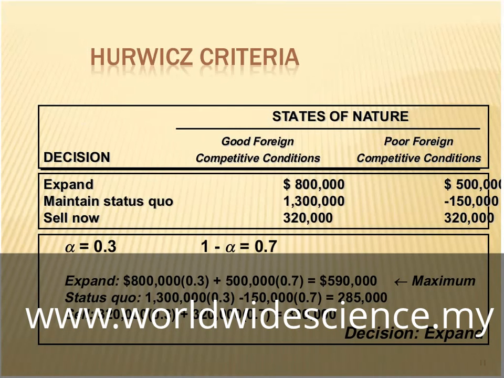If you allocate alpha equals 0.3 to good finding competitive condition or poor finding competitive condition,